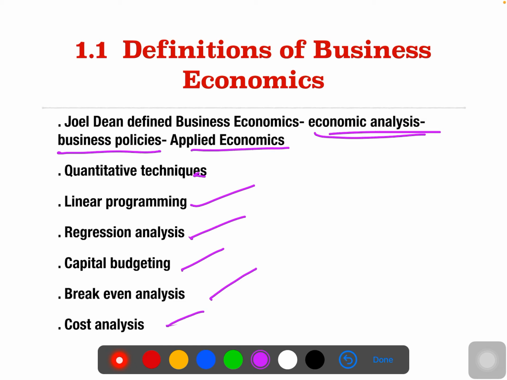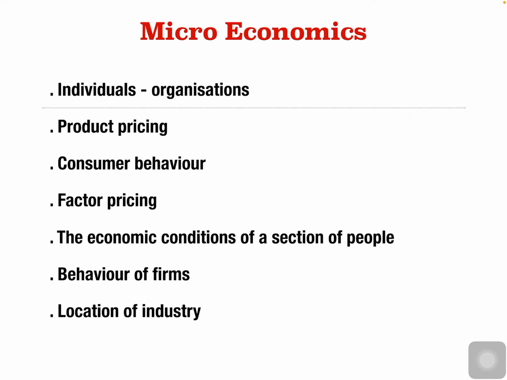When you are talking about business economics, the first area we have to cover is that economics is classified in two different ways. One is microeconomics, another one is macroeconomics. In my last video I told you economic theories, microeconomic theories and macroeconomic theories both play an important role when it comes to any decision making in business economics. In that, let's talk about what